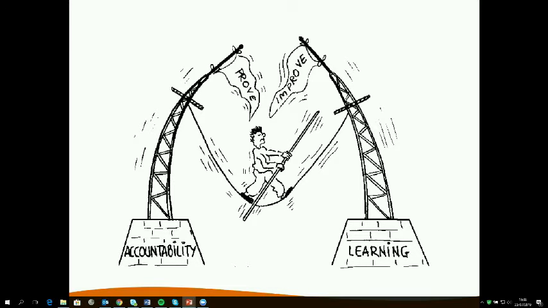How can we create a balance between what we see in traditional project reporting, this focus on accountability and proving that our intervention did the thing that made this change, but balance that with learning in order to improve what we're doing, and recognize that our presence as an organization or as a project or a program isn't the only thing contributing to change? So how can we create a little bit more of this balance? And that was one of the key driving forces for IDRC to create it.